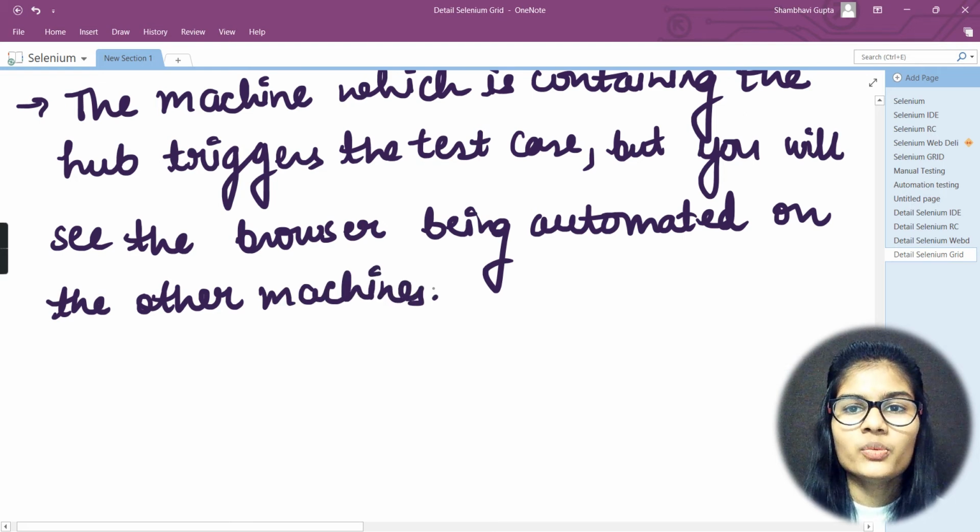So the machine which is containing the hub triggers a test case, but you will see the browser being automated on the other machines. This is how the hub works.